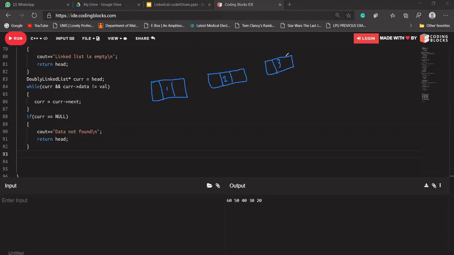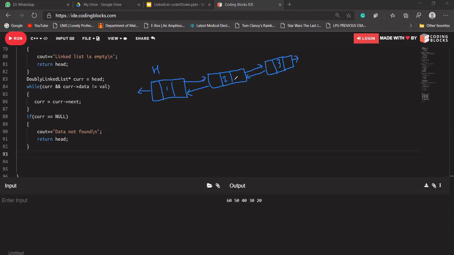Okay, its next will be pointing to this node, its previous will be pointing to this node, its next will be pointing to this, its previous will be pointing to this node, and head will be pointing to, again we all know, it will be null, it will be null as well. Okay,